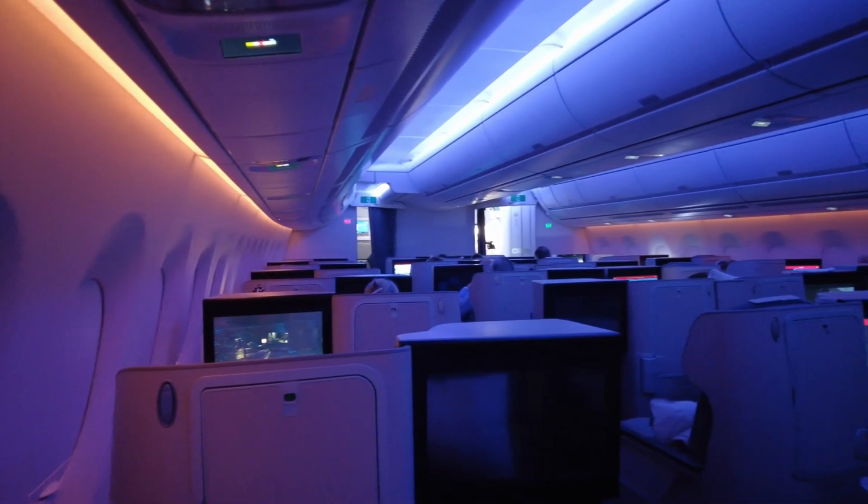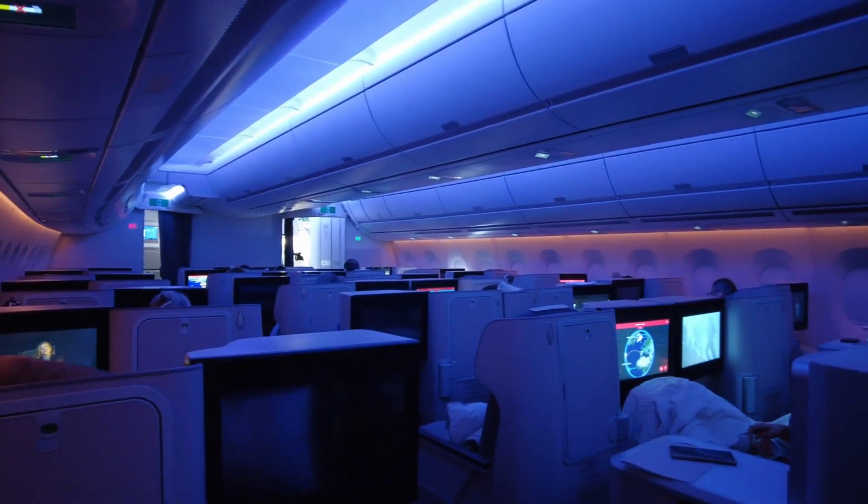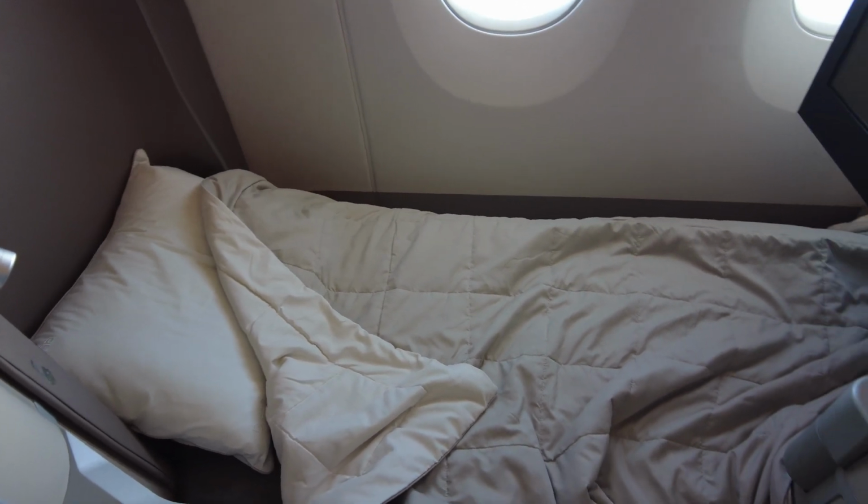I will say for a 10+ hour flight, the price was reasonable, but I couldn't see myself paying any more for this. I'll have to fly the brand new Iberia business class seat with a door in the future, but